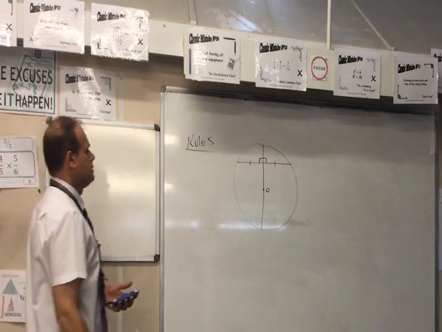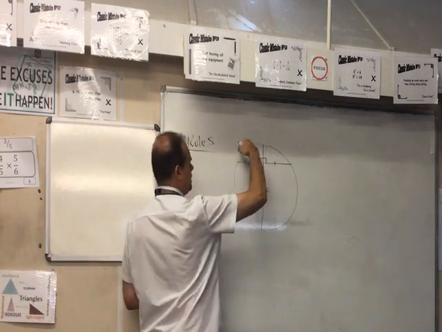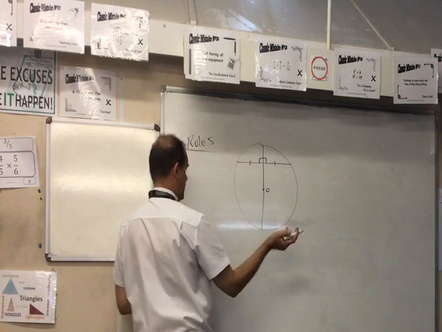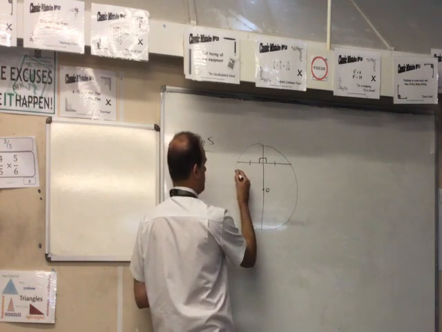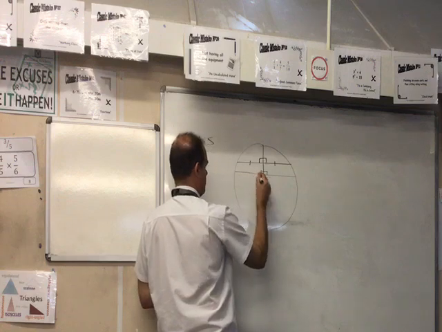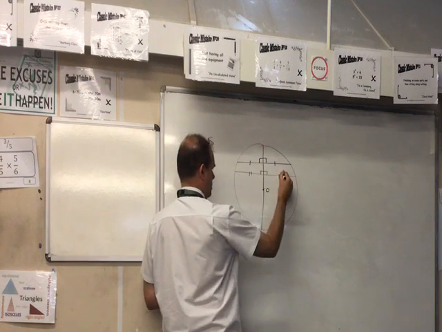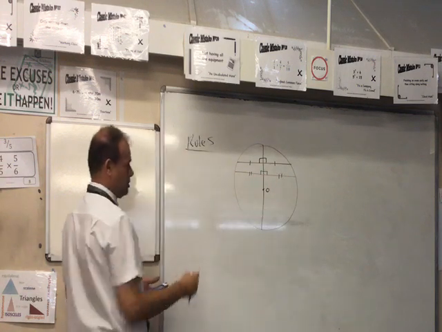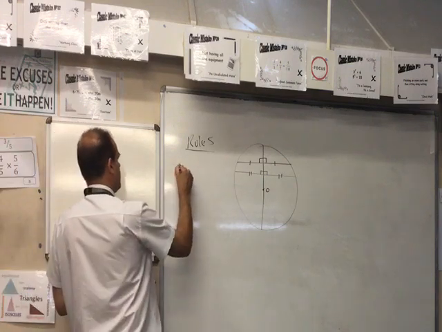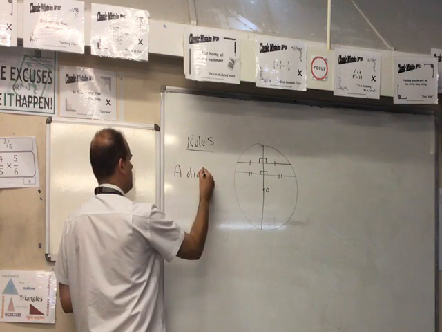Okay, so if you drew a chord right across there, it would actually cut it into 2 equal parts. If I drew the chord here as well, that would still be 90 degrees, and that would be equal. I have to put 2 dashes there, because although they're equal, they're a different length to the other 2 there. And that goes under the name here, a diameter